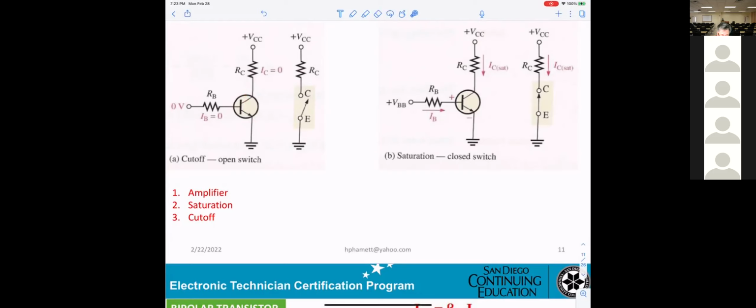For the saturation, both diodes will be active. However, for the amplifier, then this diode B to E must be on. However, the diode from B to C must be off or reverse biased.